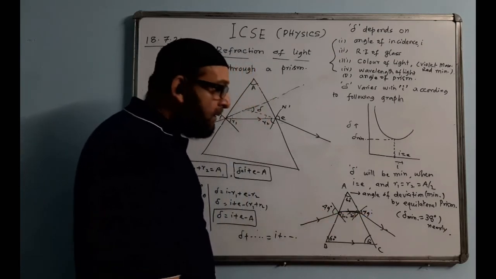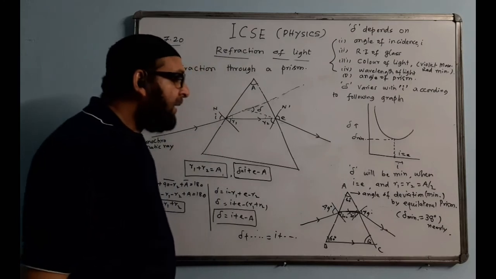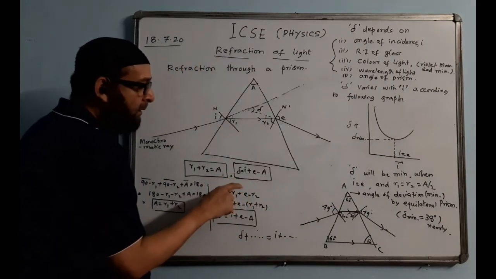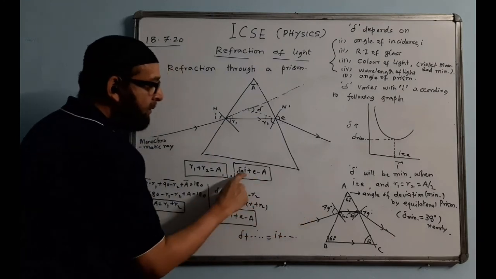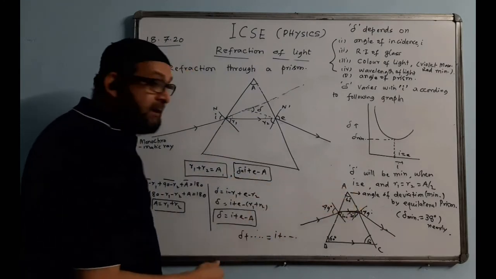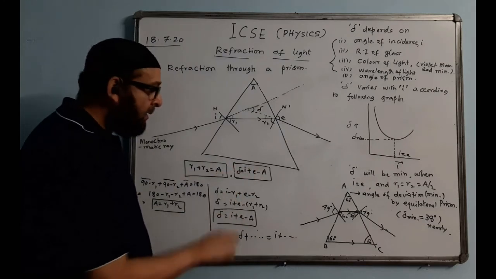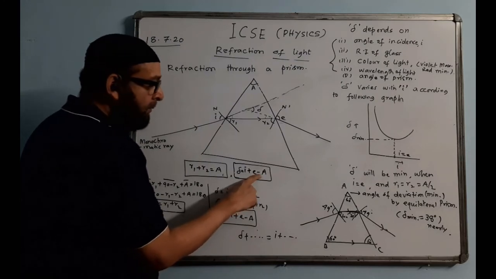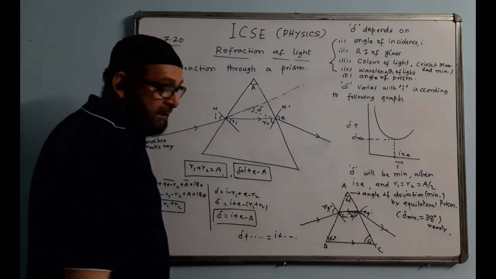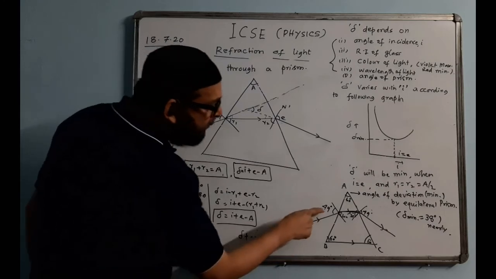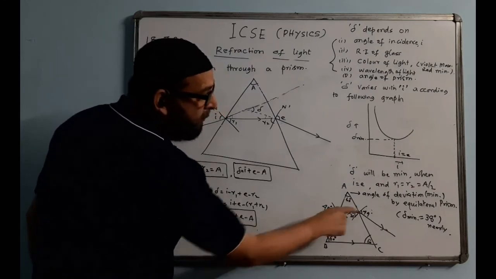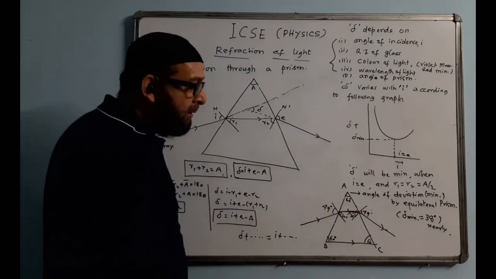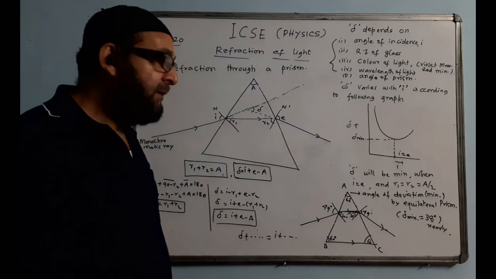If they ask you to draw the labelled diagram, we draw like this. And at that time you calculate the angle of deviation, which is minimum, by using this formula. I value is how much here? 49. At 49, E value is how much? It has to be the same, because the minimum deviation is taking place. Minus A value is 60. Calculate: 49 plus 49 becomes 98, minus 60. The answer is coming 38 degrees approximately. In the book they have given this value as 48.7. You can take either 48.7 degrees or nearly 49 degrees and calculate the minimum deviation.